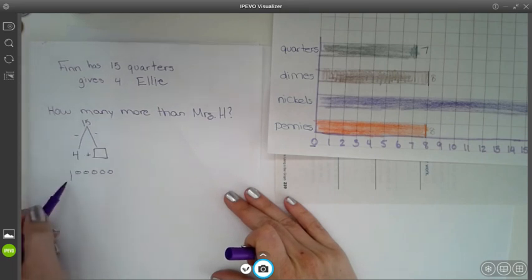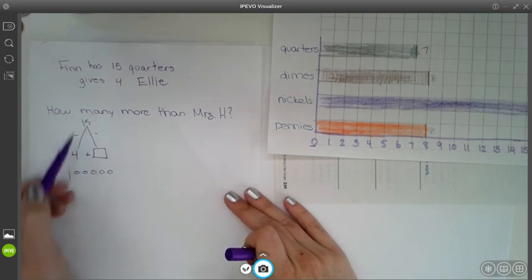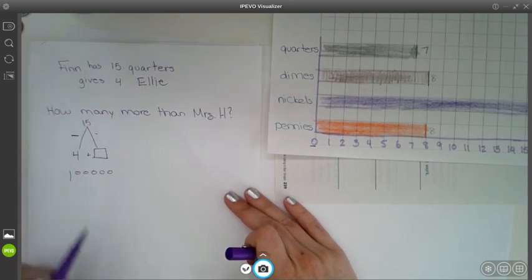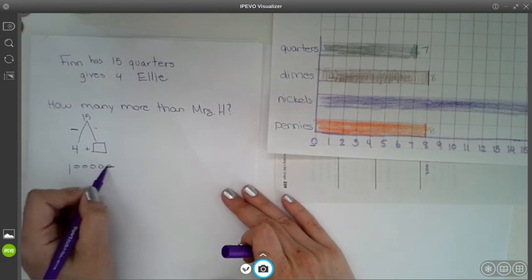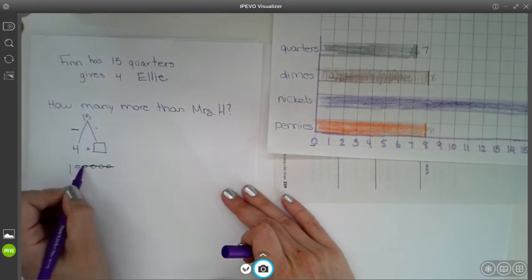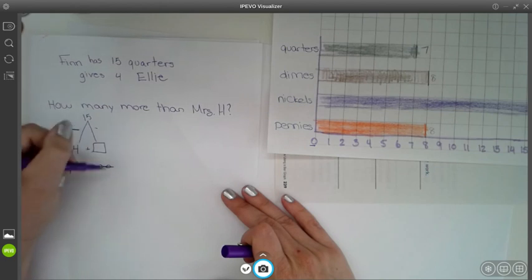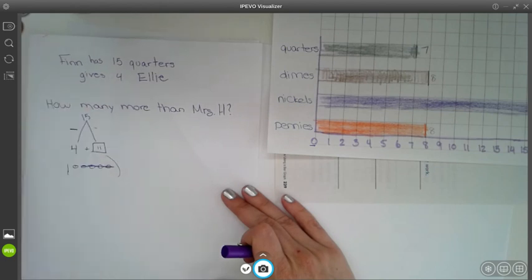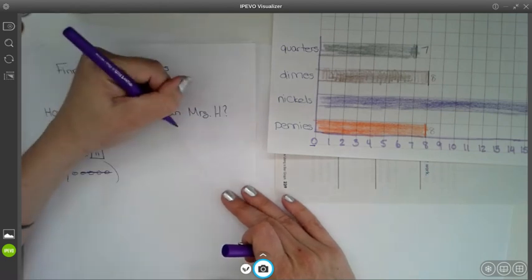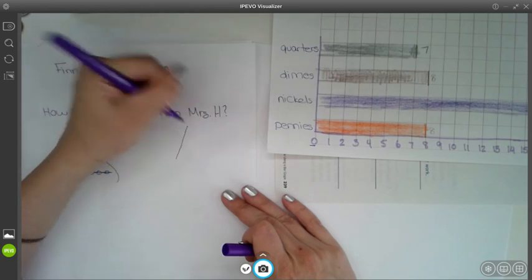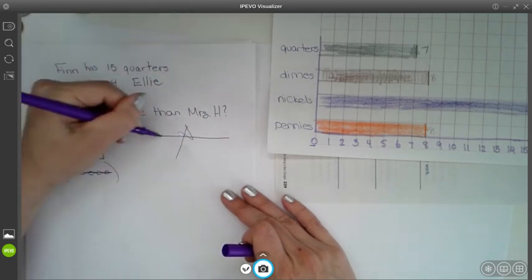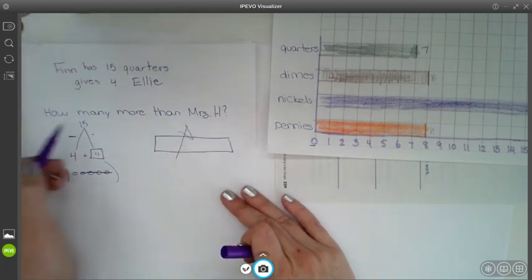So we have 15 right here if I use this drawing. And I'm going to subtract 4 because that's the number that he's giving away. 1, 2, 3, 4. So that means that Finn is left with 11. Okay, so now we know that Finn has 11. And now we're going to compare that